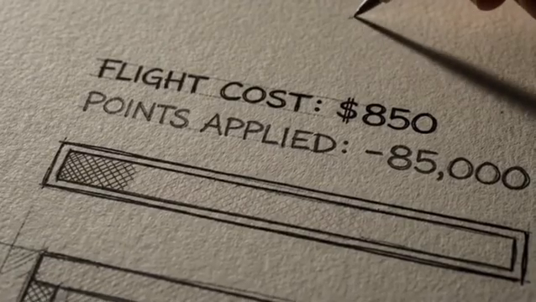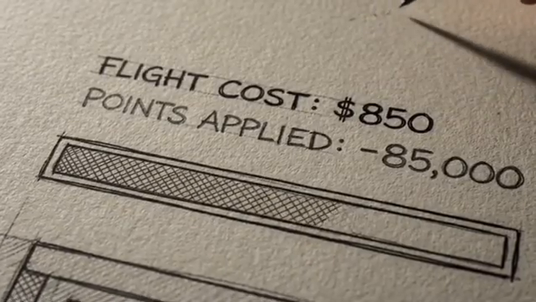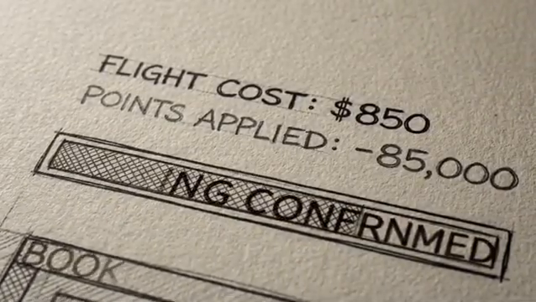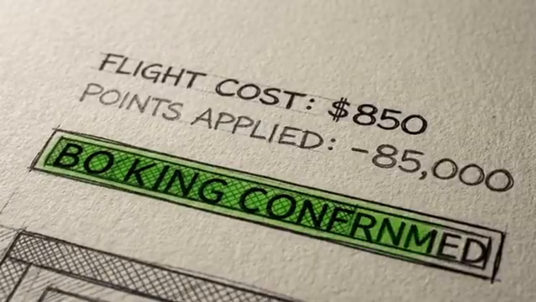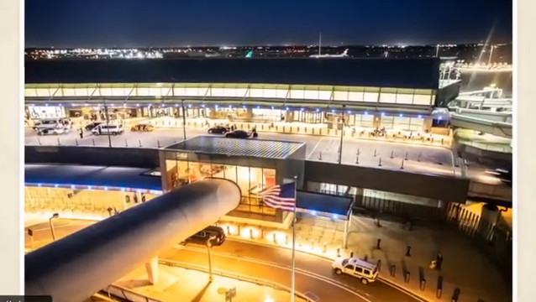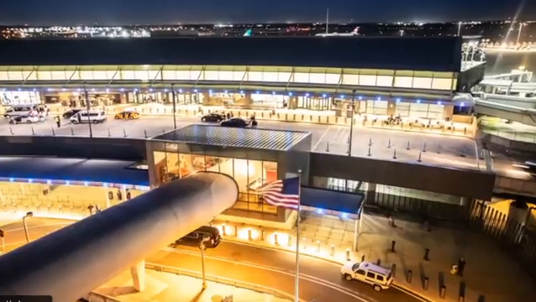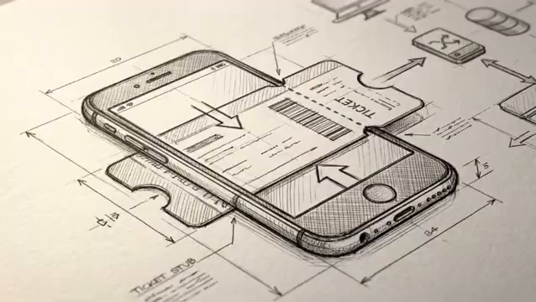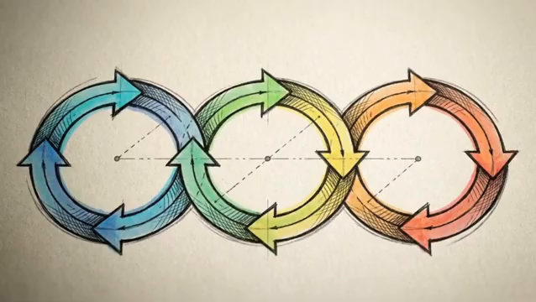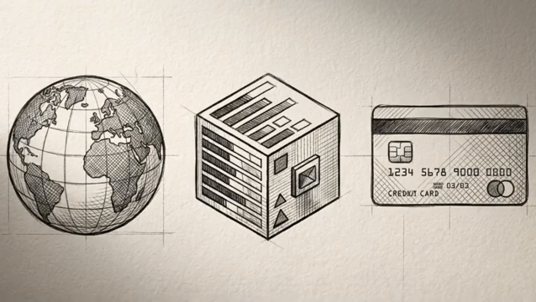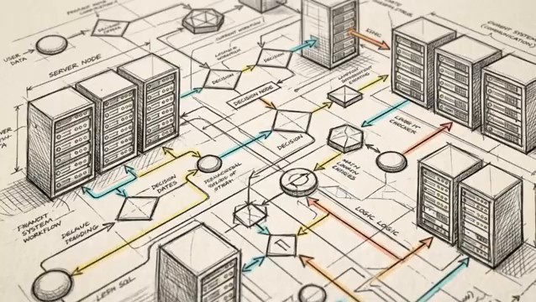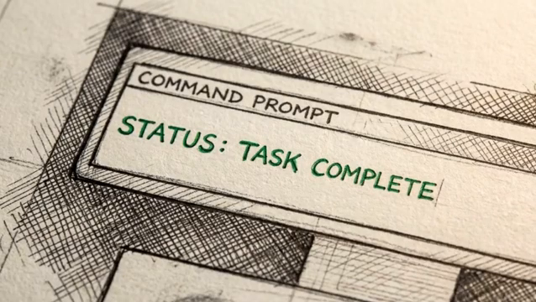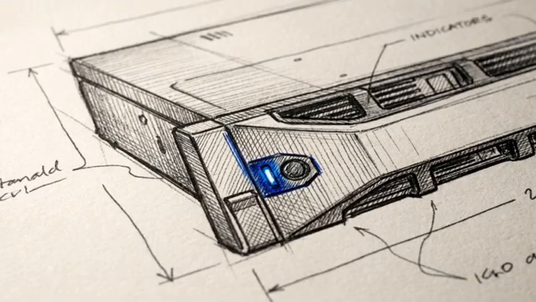It mathematically compares the flight costs against the retrieved point balance and acts by executing the final booking sequence. Once the agent observes the confirmation code from the airline, it hits its programmed stopping condition. It exits the loop and hands the finished itinerary back to the user. 3 complete cycles, 3 different external tools. A complex task, started and finished by a machine operating entirely on its own logic.